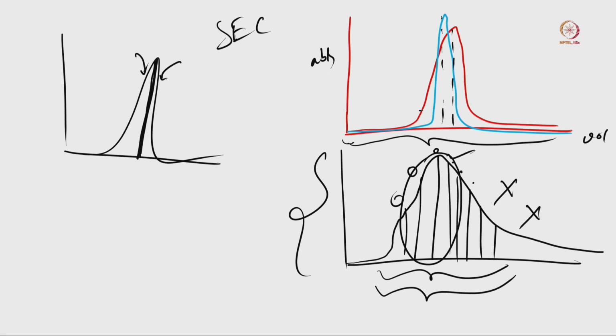Sometimes this broader peak, this red one, we can tell is a little bit broader. Now, if we want to collect all the fractions from this to this, all the fractions means it is a mixture of those large proteins and those small proteins also. So, most of the time we should select only the peak area, or the right hand shoulder or the left hand shoulder.